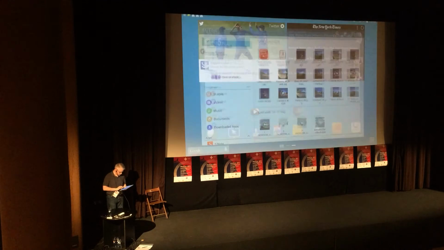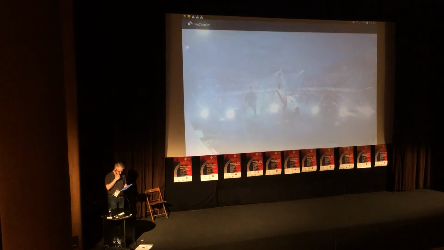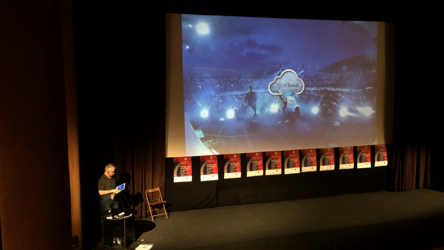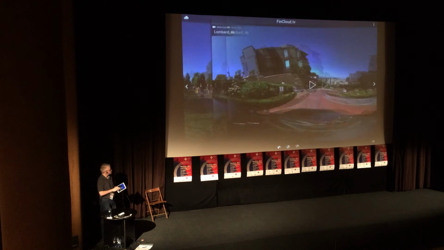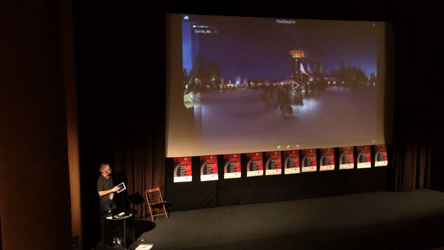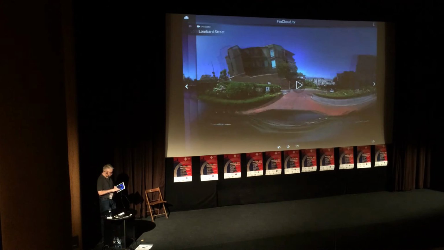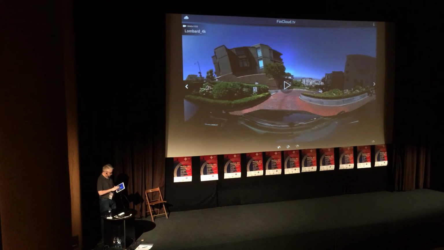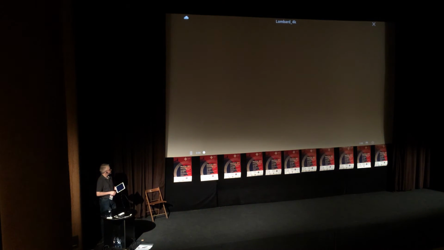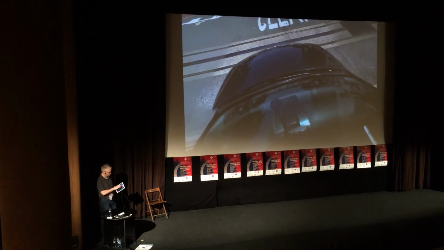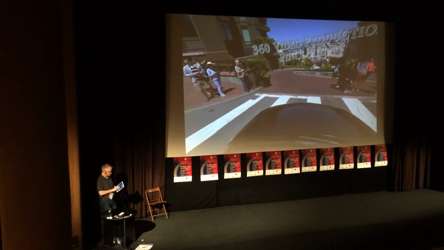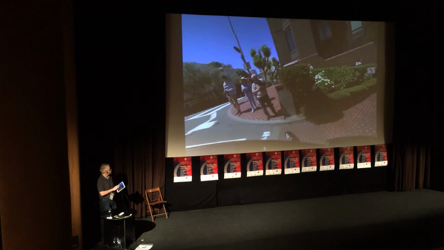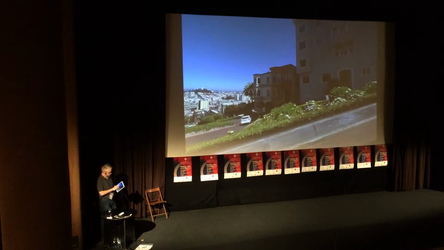So first, I'm going to show you a demo about the template app. So this is really available for free on the app stores now. So you can download it there. So this is the video view first. You can select the videos by swiping the screen. And then start the playback by clicking the play button. And it uses gyro, so you can use the gyro control or you can use touch control to navigate inside the video.